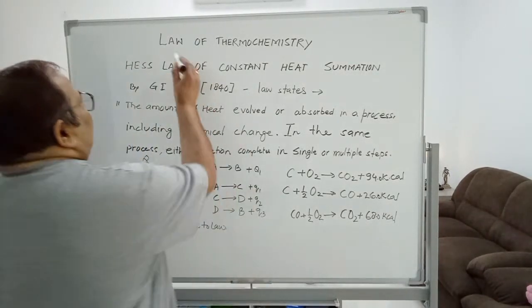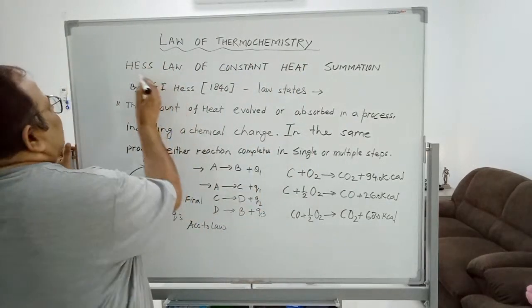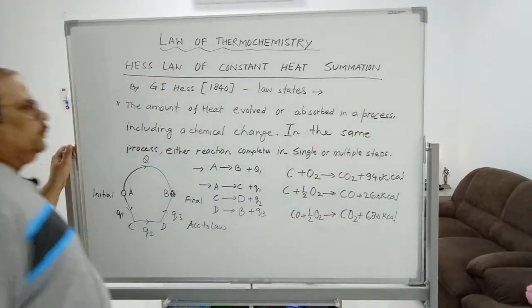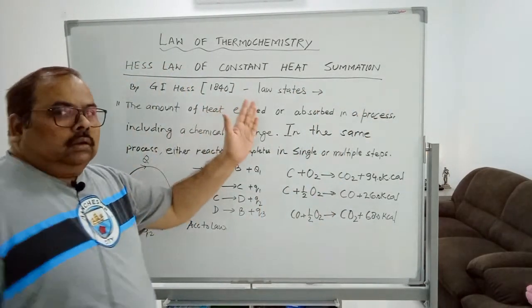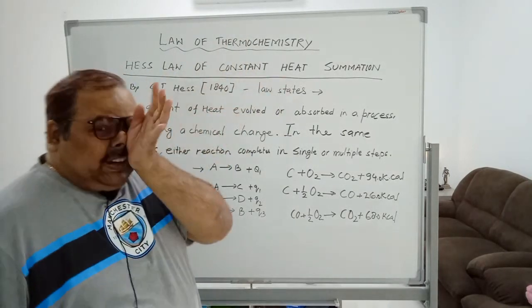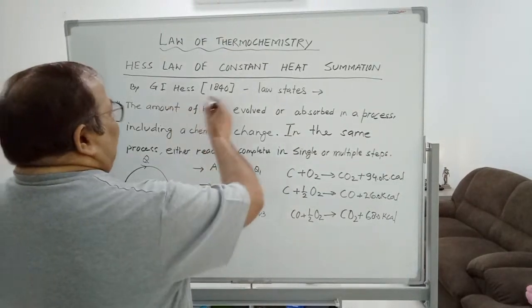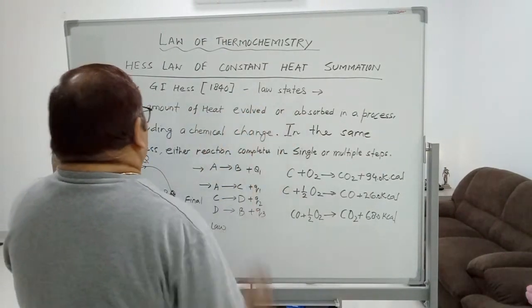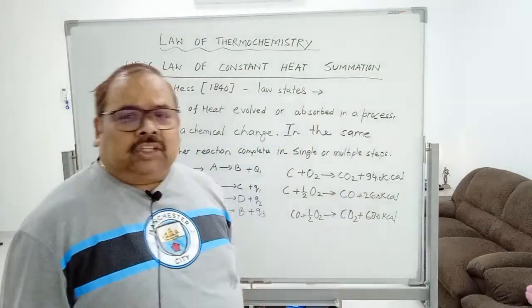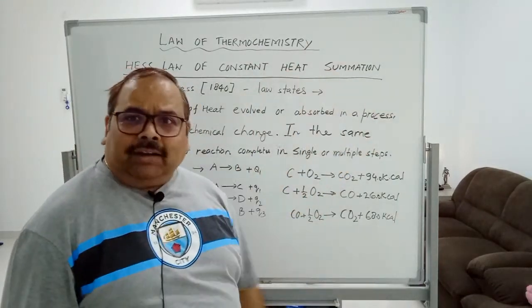Now, the laws of thermochemistry: Lavoisier's is one law and the second is Hess's law of constant heat summation. This is the law of thermochemistry, that is Hess's law of constant heat summation. The law was given by Hess. The law states that the amount of heat evolved, either released by the system or absorbed during the process by the system,